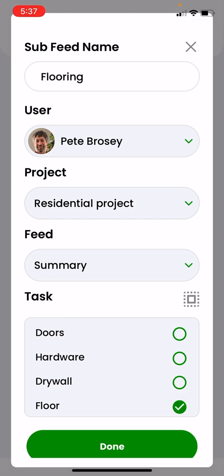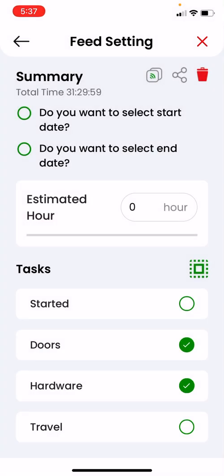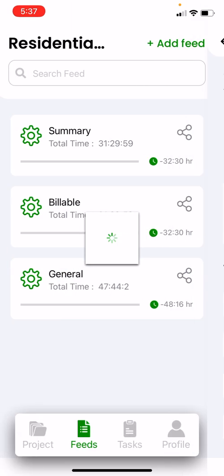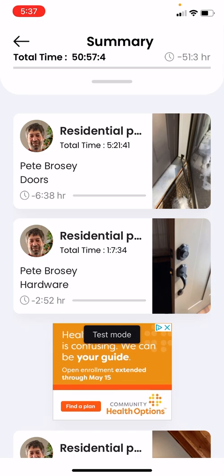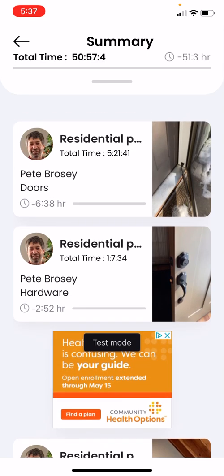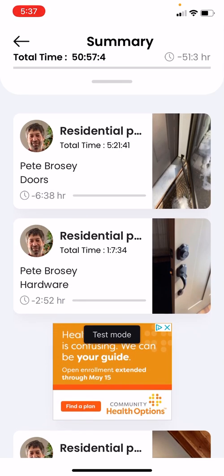So what this does, it gives me the ability to organize my feed into individual tasks. So I can make a summary of how much time this top sub feed is called doors, and the total amount of time in this project spent on doors is 5 hours, 21 minutes, and 41 seconds. The second